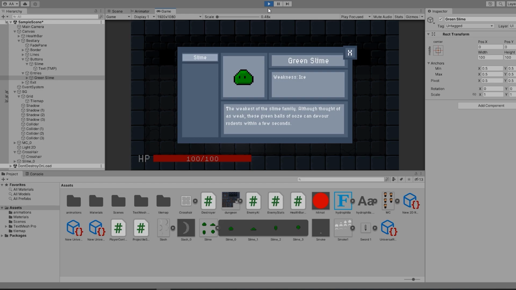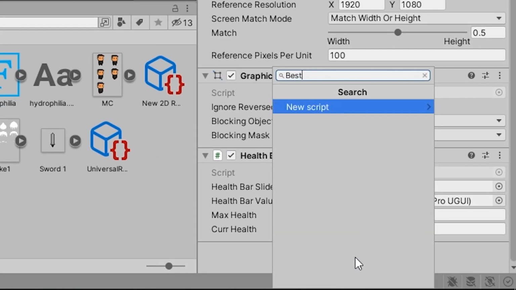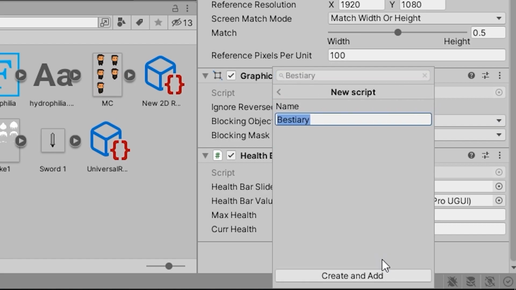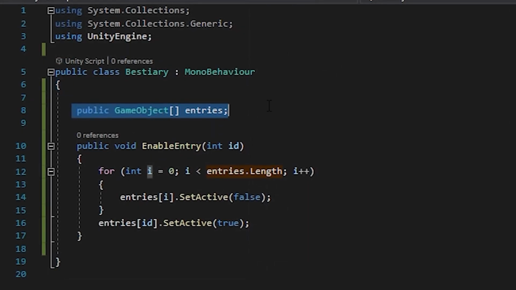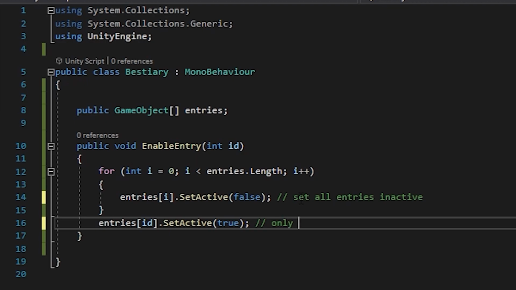Instead, what we can do is create a new bestiary script on our canvas. In Visual Studio, you can see that I created a very simple script. All we are doing is creating an array of enemies, which we'll drag and drop in the inspector. And in this function, we are going to turn all entries inactive except the one that we choose. We will add more to the script in a moment, but for now, let's go back into Unity and try